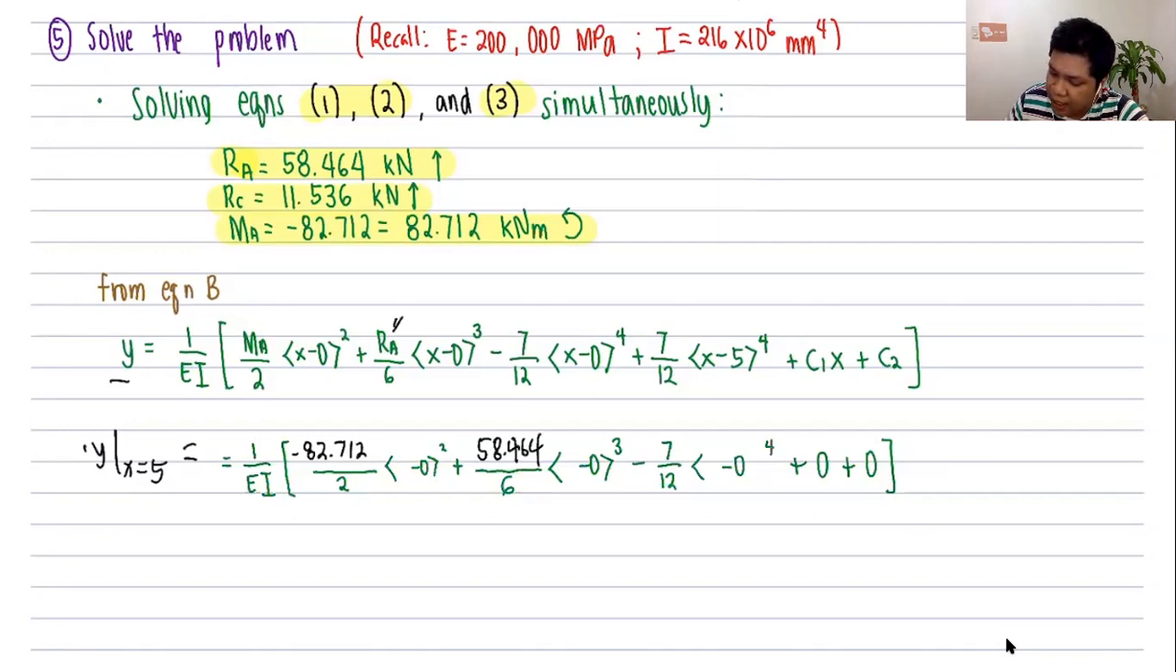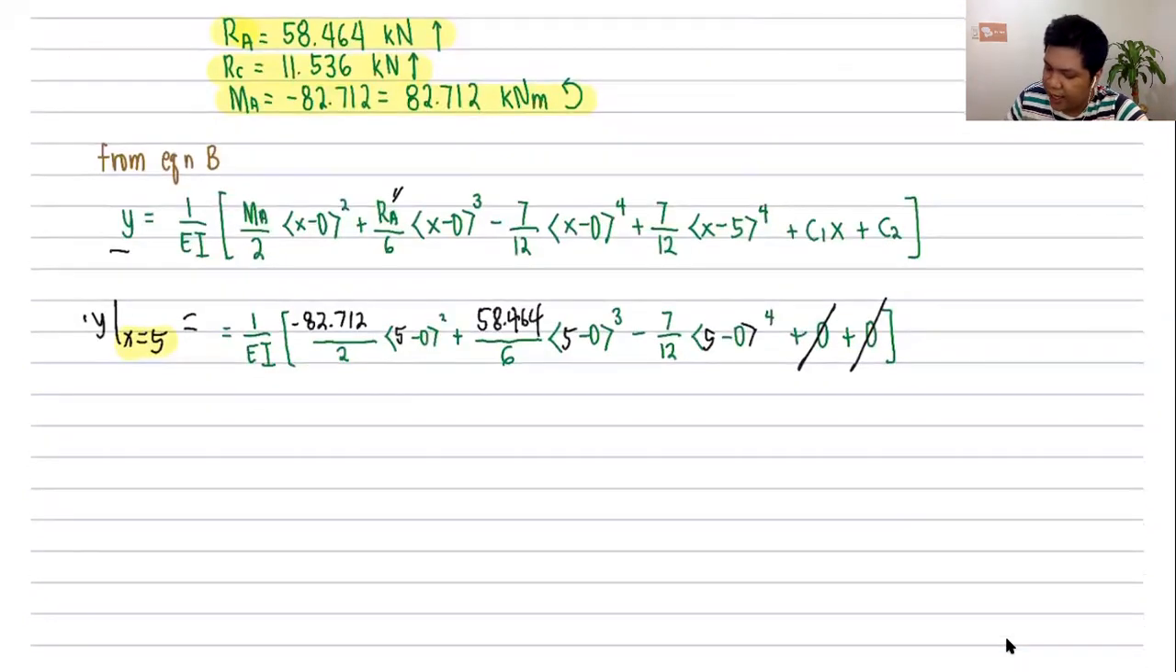Therefore, I can now substitute everything, and similarly use the value of 5 for x. So I'll just copy from equation B, x equals 5 each time. For C1 and C2, I already canceled them out since both are equal to 0. Since all the values in my bracket are positive, I can now evaluate, and once I evaluate, this is equal to, kindly confirm, negative 180.486 all over